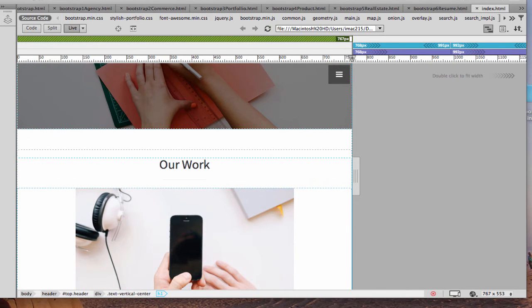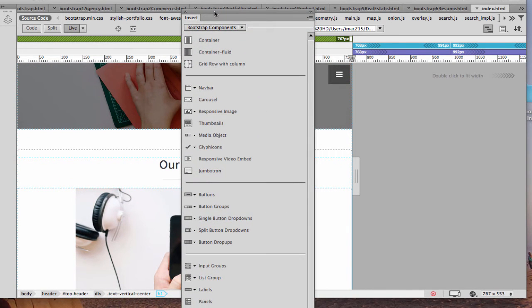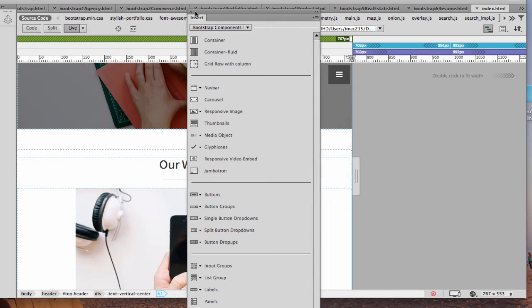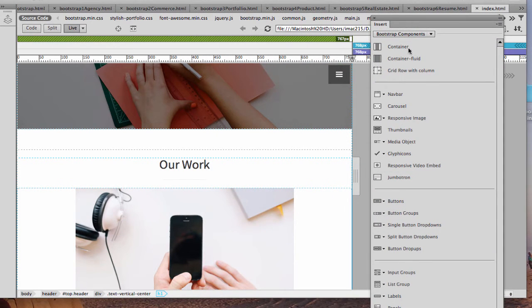Now, also, Dreamweaver in its insert panel has all of the little Bootstrap components. So you can decide, do you want a fixed width container, a fluid grid container? You can just click here to put in a grid system, nav bar, slideshow, put in a responsive image, and